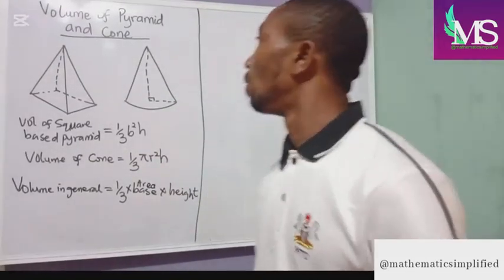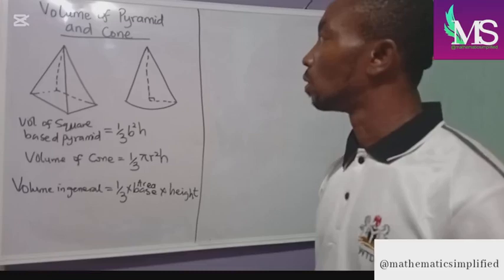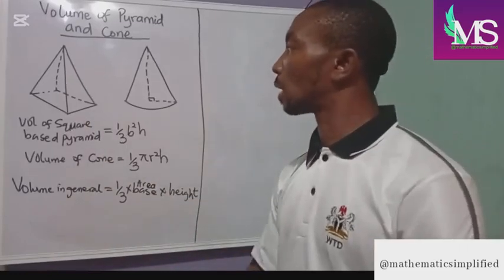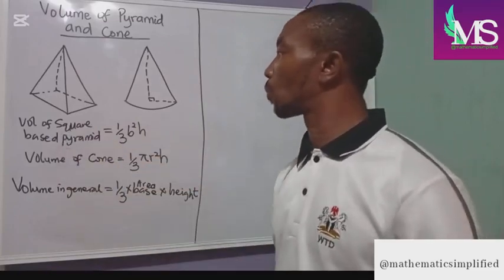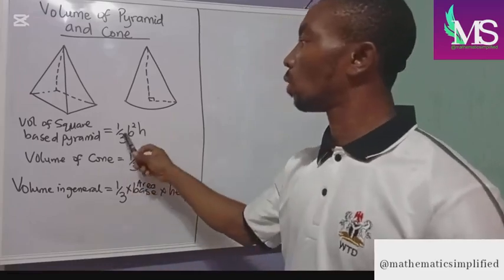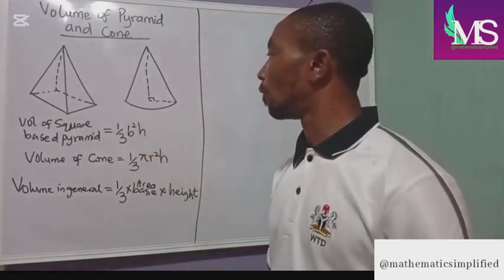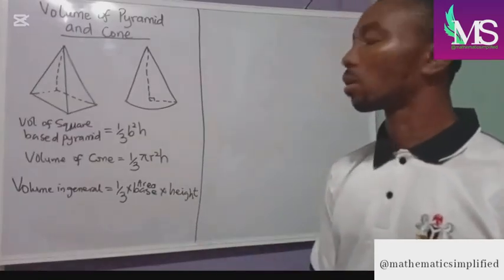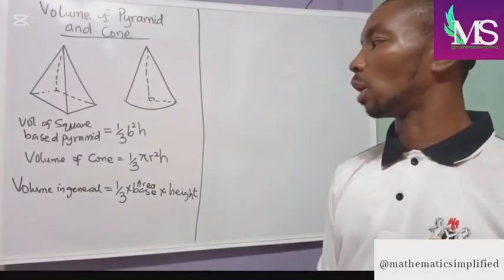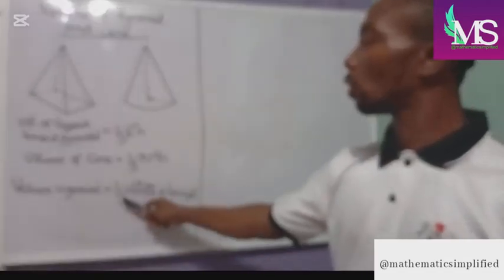Welcome back. Now we'll be looking at volume of pyramids and cone. Assuming this is a square base pyramid, the volume of a square base pyramid is calculated by 1/3 b squared h. The volume of a cone is calculated as 1/3 pi r squared h. So in general, to calculate the volume of a pyramid or a cone, we use 1/3 area of base